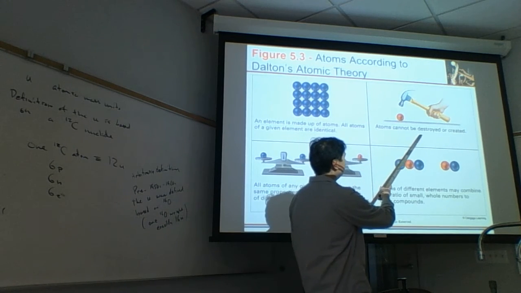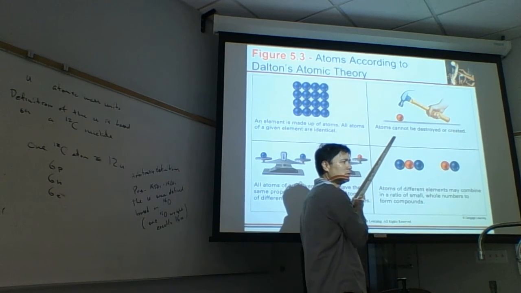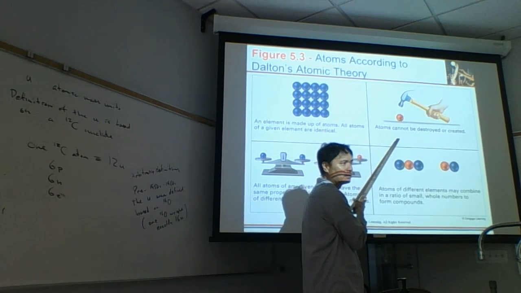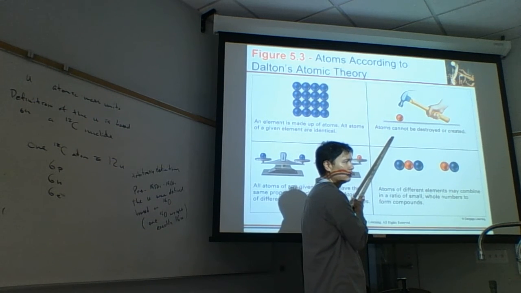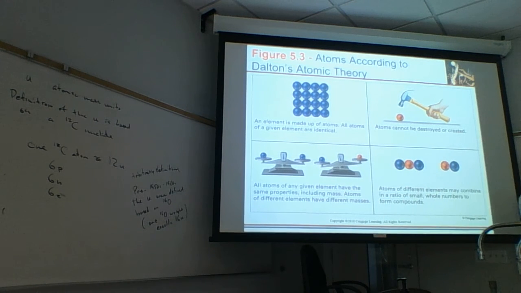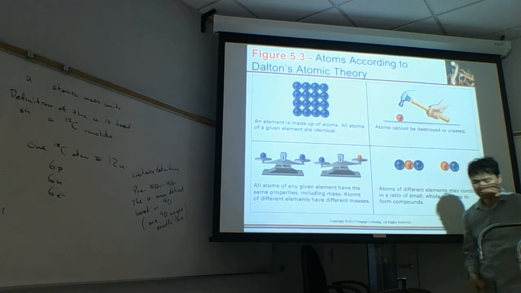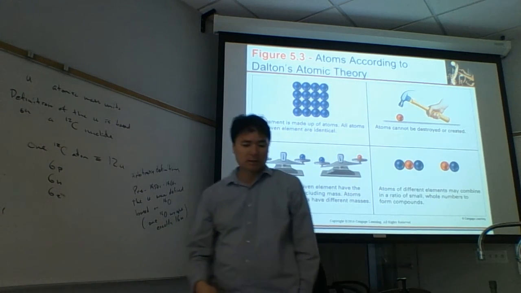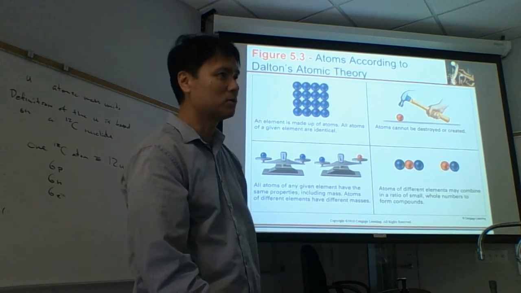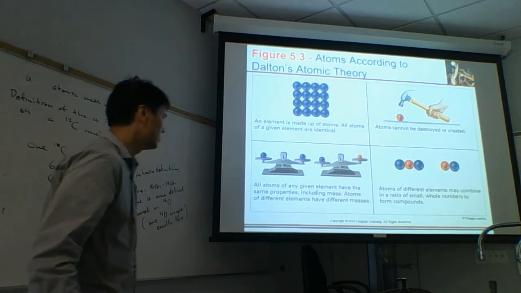Atoms cannot be created or destroyed. Is that true still? No, because Dalton didn't know about nuclear chemists, nuclear physicists trying to create new radioactive isotopes. In fact, do you see all these ones that have been pasted in here? All those are man-made atoms. They're man-made from other atoms, so they take smaller atoms and fuse them together to make bigger atoms. That's part of nuclear chemistry. But nuclear chemistry is a little bit different. We aren't in nuclear chemistry, we're just in chemistry. And I'm going to talk about nuclear chemistry briefly today, but